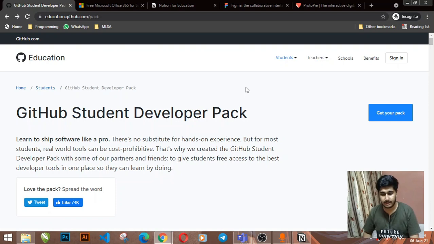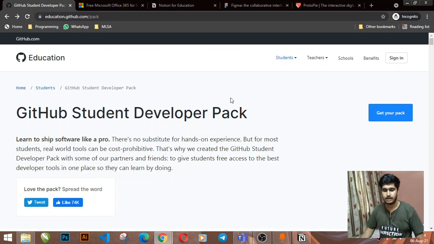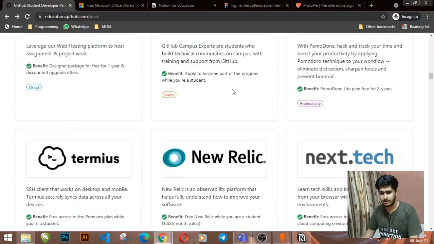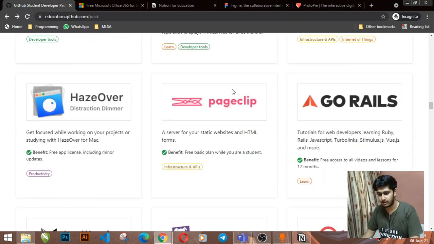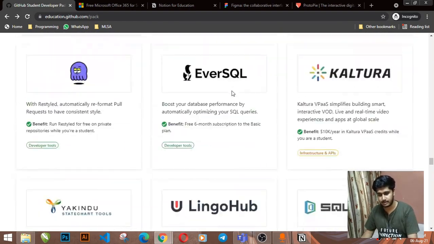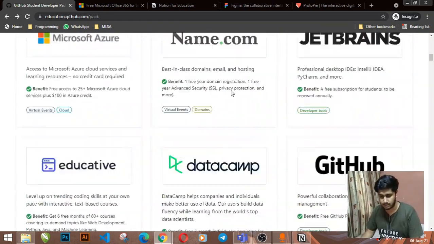Let's connect. Now moving on to the list, the first one is not a software, but instead it's a pack of softwares. And I'm talking about the GitHub Student Developer Pack. Talking about this pack, there are a lot of offers that you can avail. And you can see the list of all the offers that are available here on this website, and to get here just search GitHub Student Pack and you will be here, or else I can put the link in the description so you can click on it.